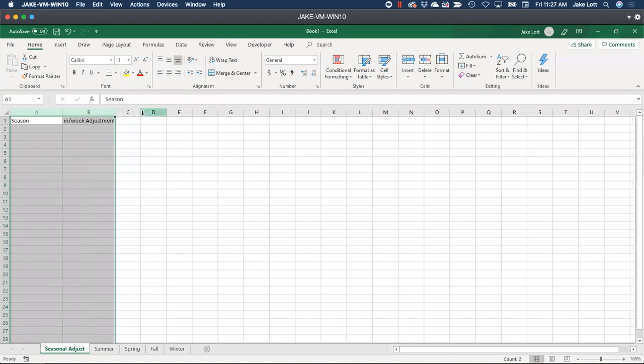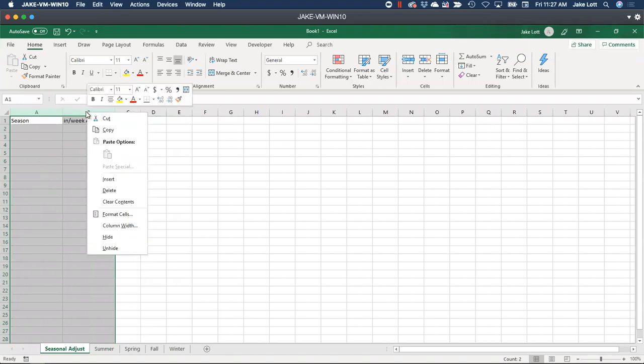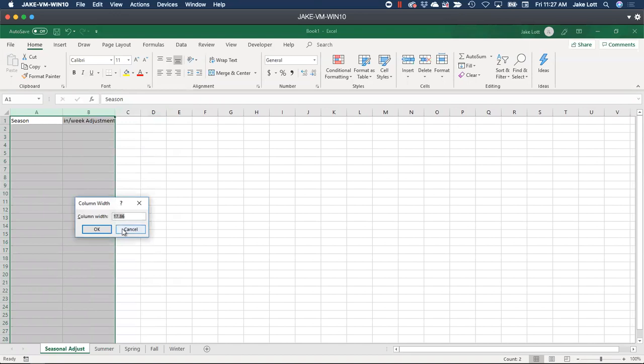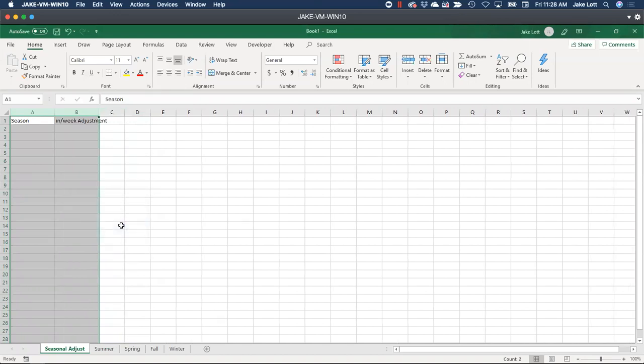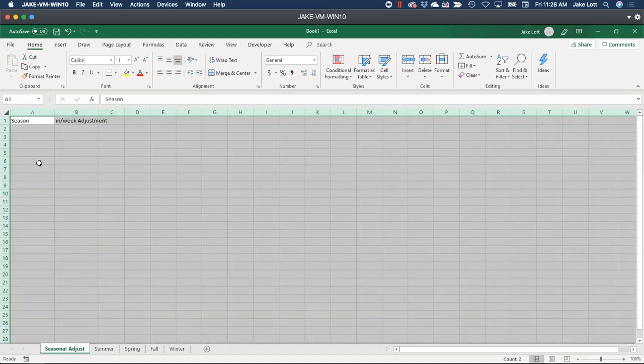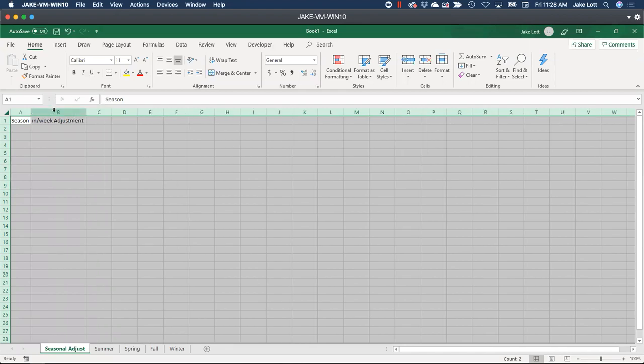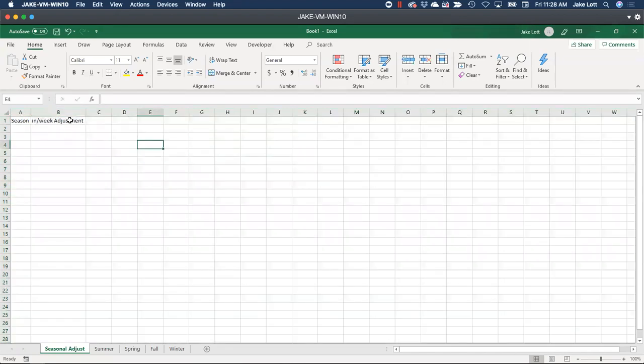So I can be very consistent in all my columns that way, or I can right click and set a column width and it will adjust both or all that are selected that way. But simply put, that guy in the top left corner will actually select everything in this worksheet, to where I can just double click one of those in between columns and it will adjust every column to be the width that it needs to be.